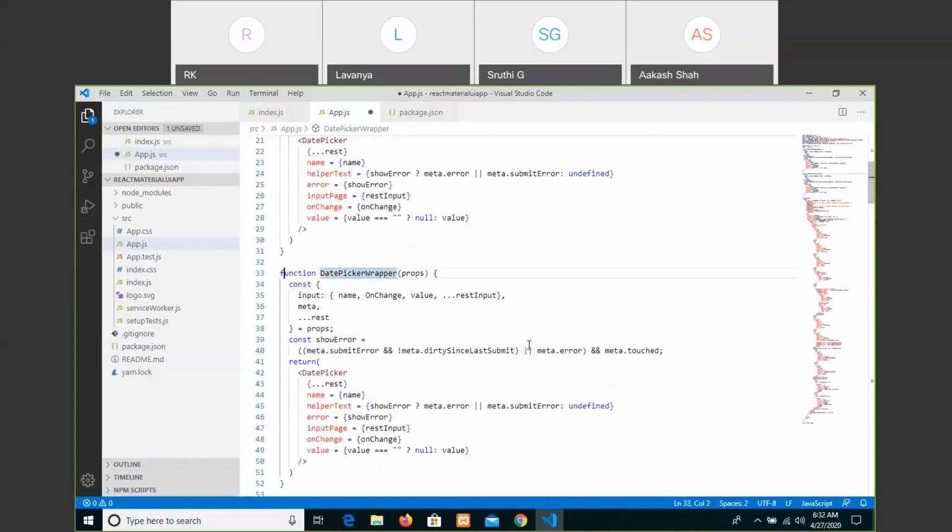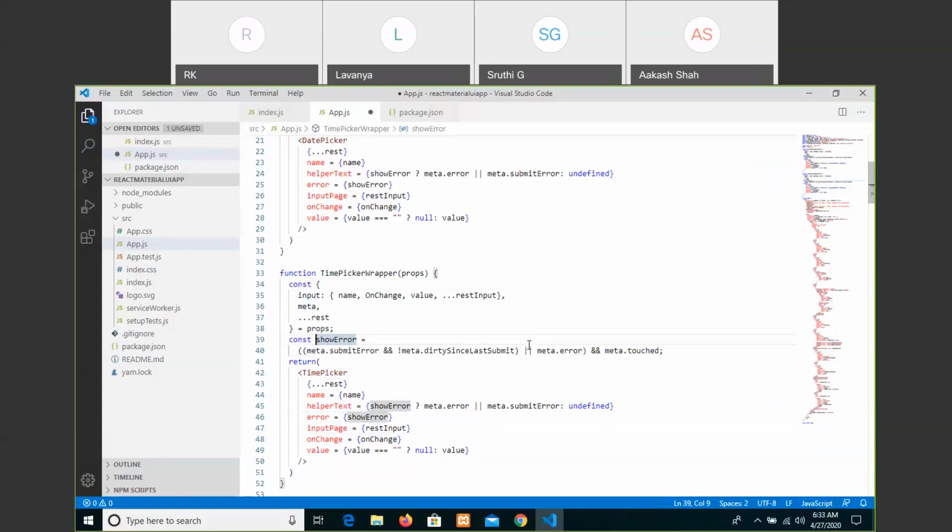Let us write here the TimePickerWrapper, with the same constants: name, onChange, value, and rest input meta, everything else taken from props, showError, submitError, and then return. Here we can say TimePicker, the name, the helperText error message, and showing an error input.